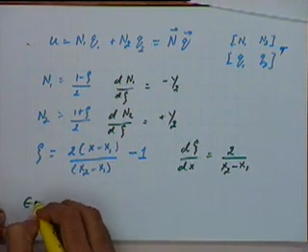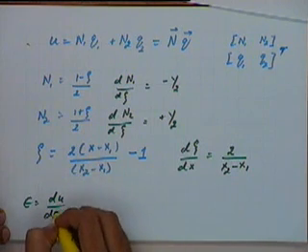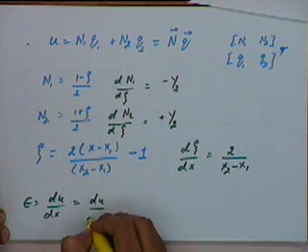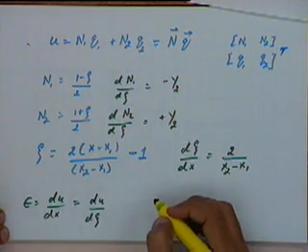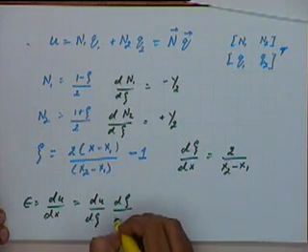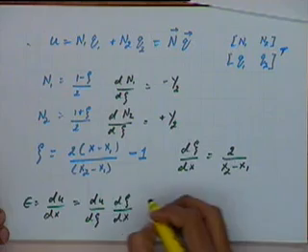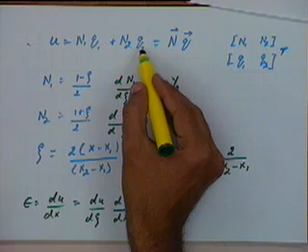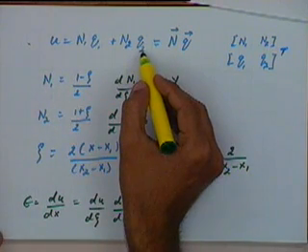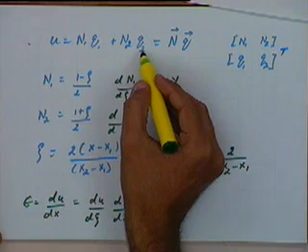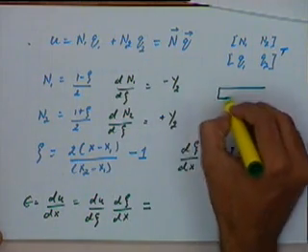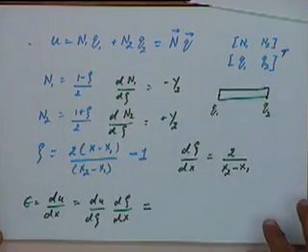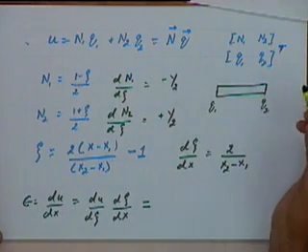Okay, and epsilon, which is equal to du by dx, will be equal to du by d zeta multiplied by d zeta by dx. I have to differentiate u with respect to zeta. q1 and q2 are constants along the length of the element. If I have an element like this, q1 is the deformation here and q2 is the deformation here. Along the length of the element, q1 and q2 are constant.